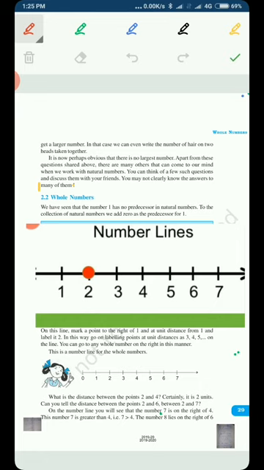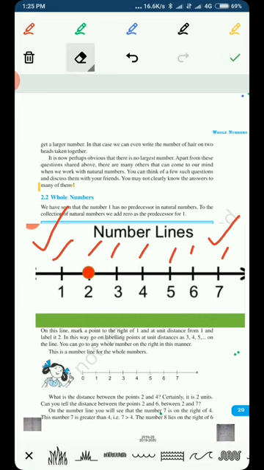But before proceeding, I would like to repeat some important points. First of all, what is a number line? As you can see here, I have drawn a number line for you. This is a number line. So what is a number line? A straight line with numbers written over it with equal distance between them, and that equal distance is a unit distance. We have written the numbers 1, 2, 3, 4, 5, 6, 7 over it. These are the numbers written over a line, and it's a number line.